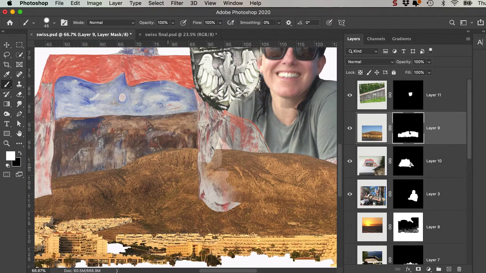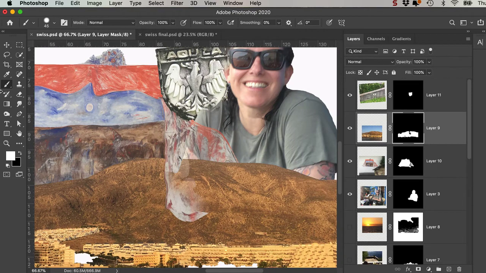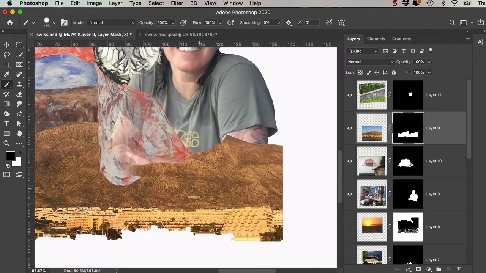I can have it so that if I come back with black, it's going to block out. And now I'm going to try and use